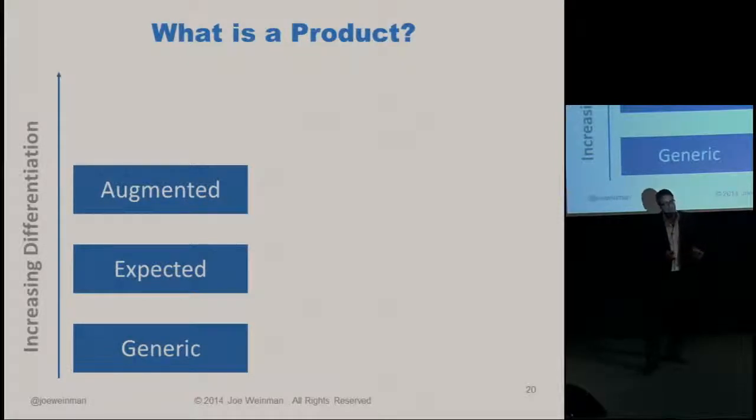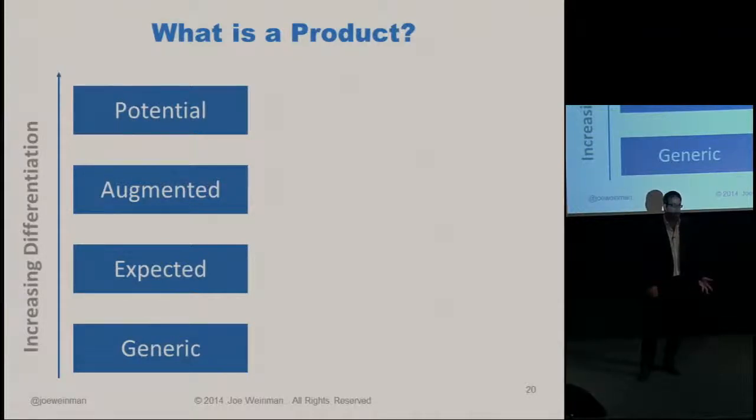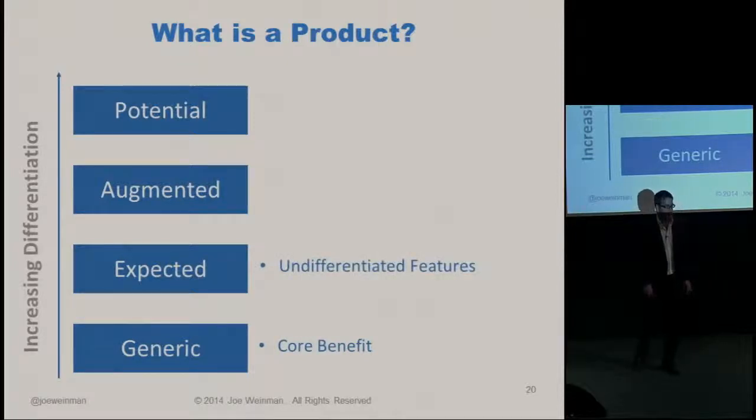Then you have the ability to augment that product to differentiate it in the marketplace. And one very subtle thing that really was conceptual for several decades is the notion of the potential product, which is you're not just buying a product for what it is now, but for what it may be someday. Now, at the lower levels, these things are kind of pretty straightforward, right? It's just basic benefits and features.